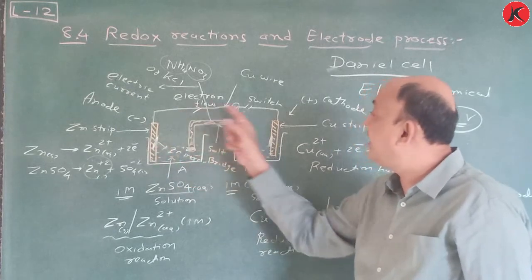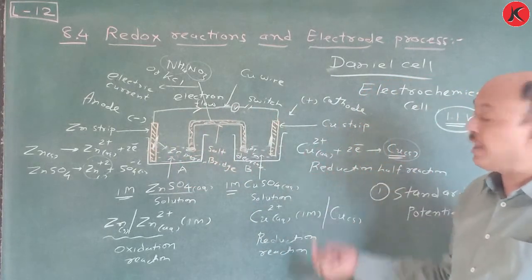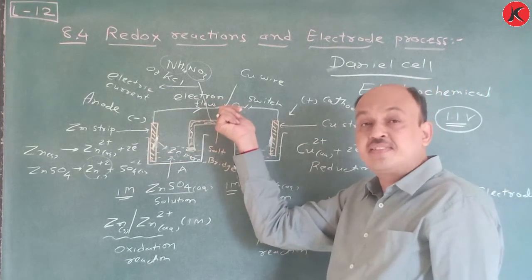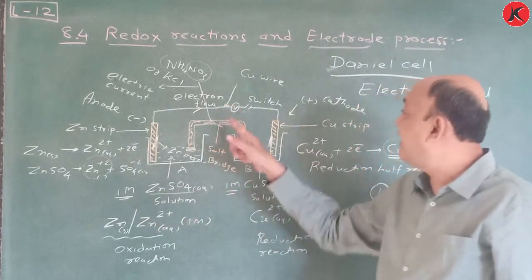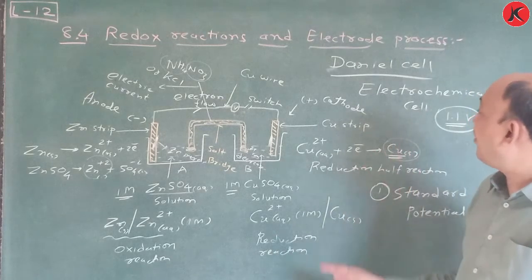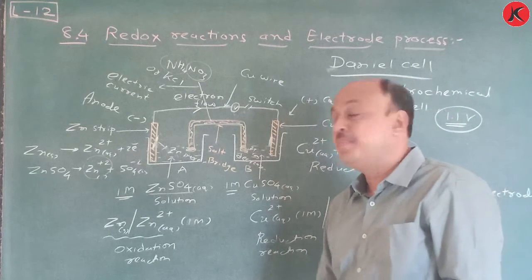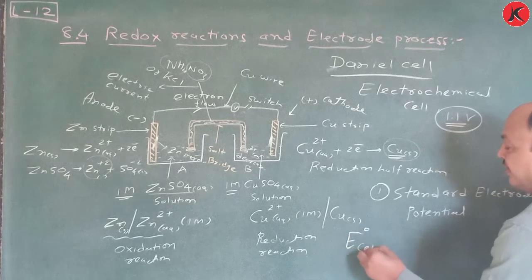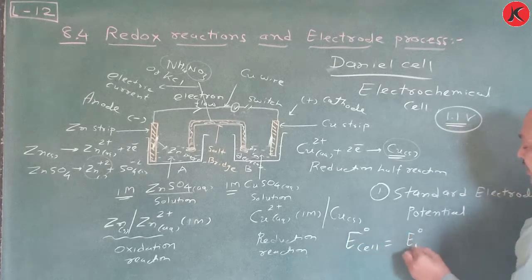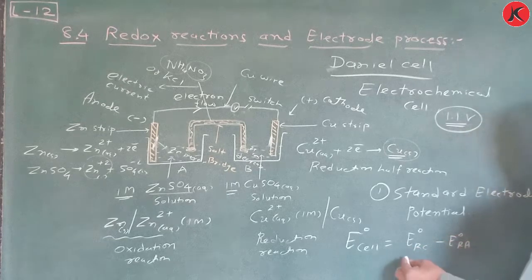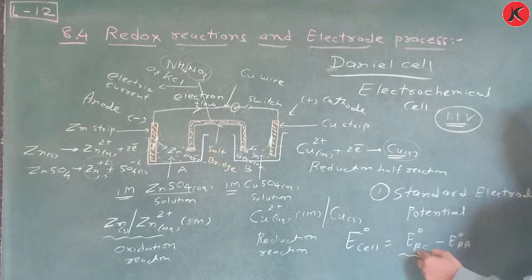Okay, and that's why we can say that once again this electrochemical cell works, and due to that we can say that suppose we measure this volt, if 1 molar is there, then it is 1.1 volt, which is considered as standard electrode potential that you have to learn later on, because there is one formula, E0 cell is equal to E0 RC minus E0 RA. That you have to learn later on, don't bother about this. E0 RC means reduction at cathode minus E0 reduction at anode.